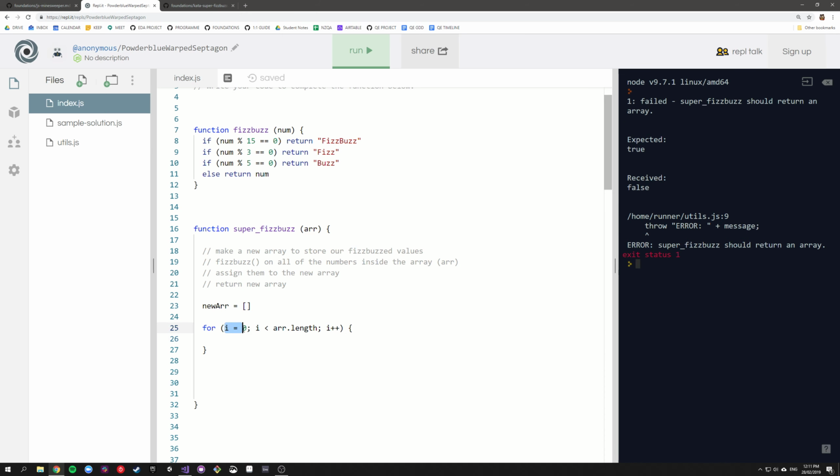So here we've got i equal to 0. We're making an iterator starting at 0. We're going to keep going as long as the iterator is smaller than the length of the array. And then every time we run the contents of our for loop, we're going to increase the iterator. So what actually happens here? We're going to want to get the value of the new fizzbuzz thing, right? So let's say it's called num. Num equals